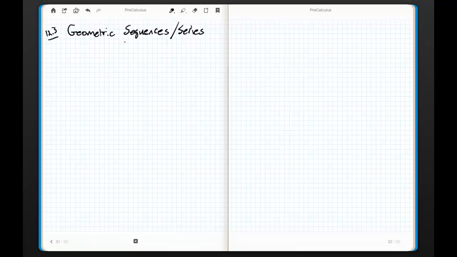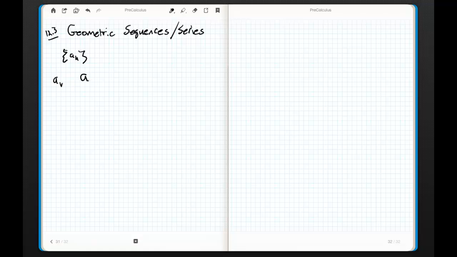We're going to talk about geometric sequences and series. Now remember, a sequence is just a box where you put a bunch of stuff in it. What goes in it? A sub n. And A sub n can be defined all sorts of ways. We can use it as the range of a function whose domain is the positive integers. We have the arithmetic sequence, which is defined recursively by simply adding the same value to each subsequent term to get the next term. The geometric sequence works the same way, only the difference is that